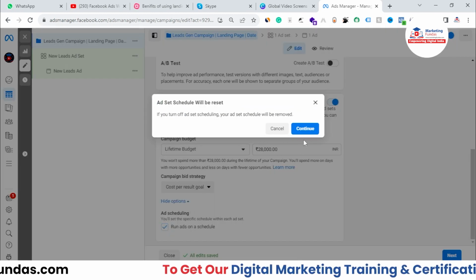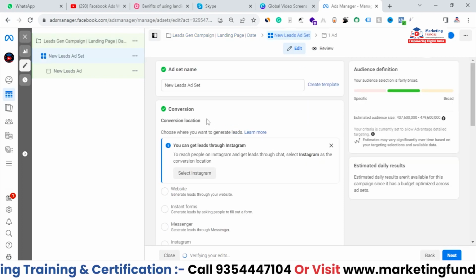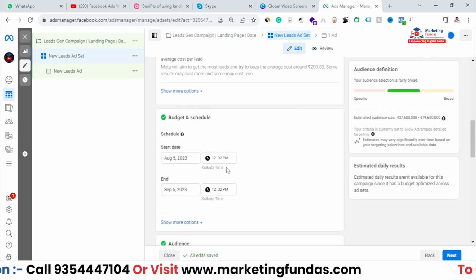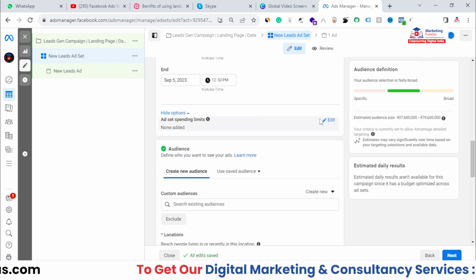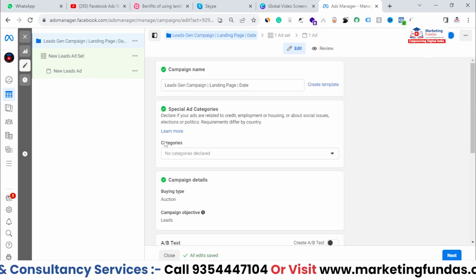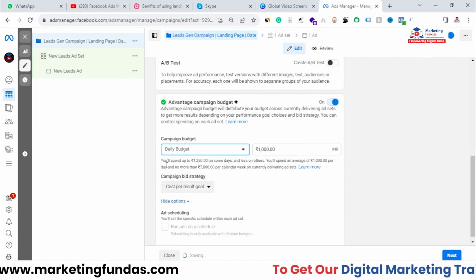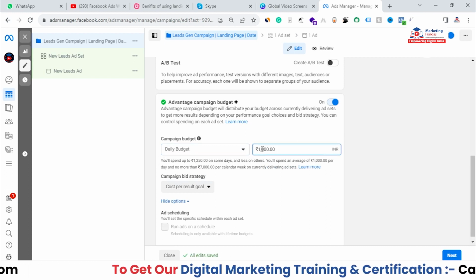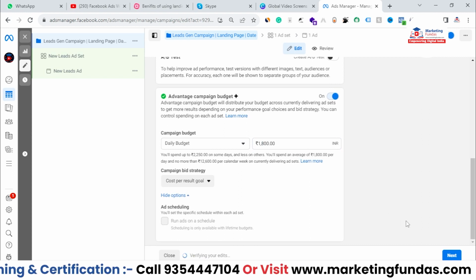And if I turn this option off, you will not be able to set that scheduling option. You will not get any scheduling option like that, right? So this is the benefit you get, and this is only available in lifetime budget, not on daily budget. Right now I'm going with daily budget, so never mind, right? So after this, just hit the next button